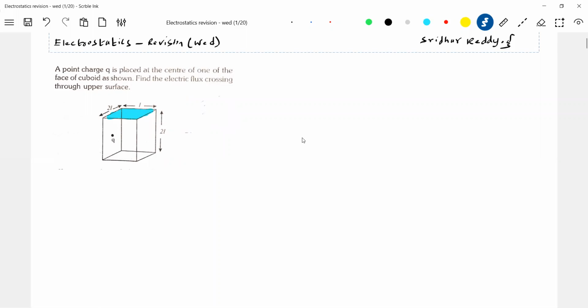Now, what is the method? How much flux will pass through the cube? Shall we put Q by 2 epsilon naught? Because half of the flux will go to the other cube. If I keep a point charge Q here, how much flux will there be? So the lines of force. What is the flux? Just take the help of the lines of force. It's logical thinking. There's no concept, nothing.